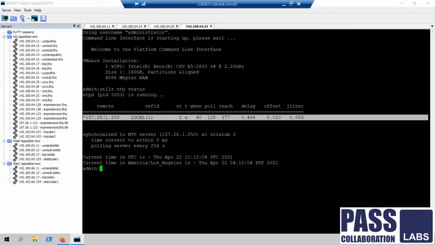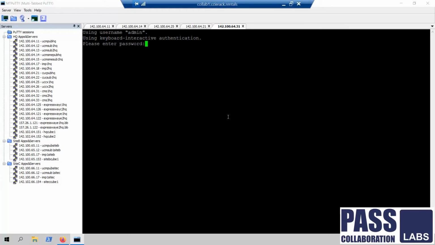So the next application on HQ is CMS. Now we have three nodes of CMS. So we would start with CMS1. First, we'll validate the NTP settings for CMS using the command ntp status.